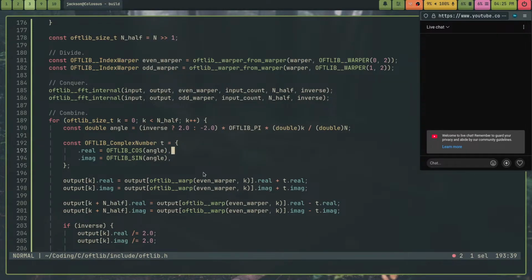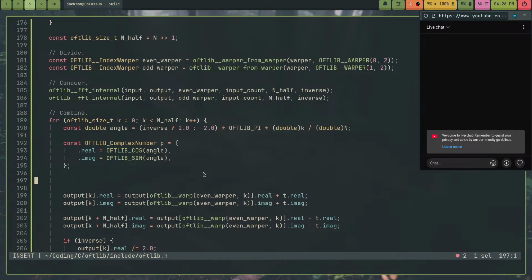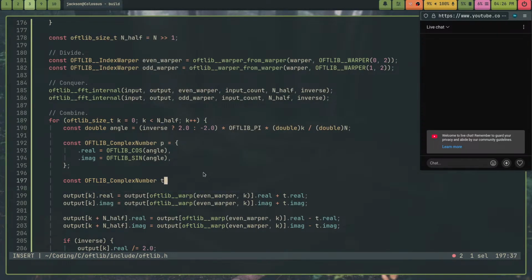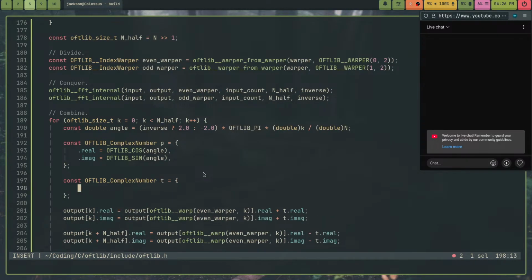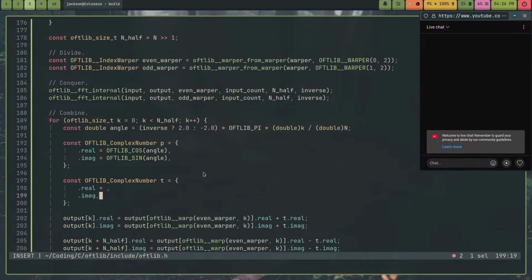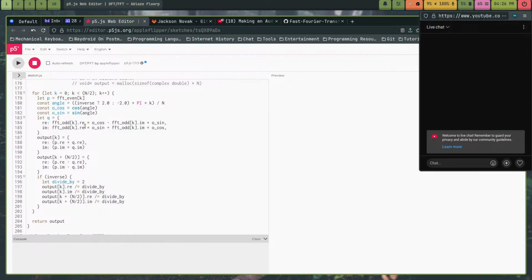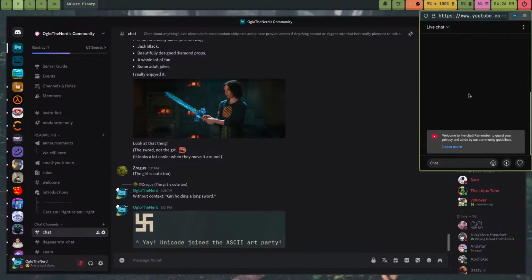I'll call this P, and then I'll create another OFT-lib complex number called T, and this will be the multiplied version. So I need to do odd. Yeah, so